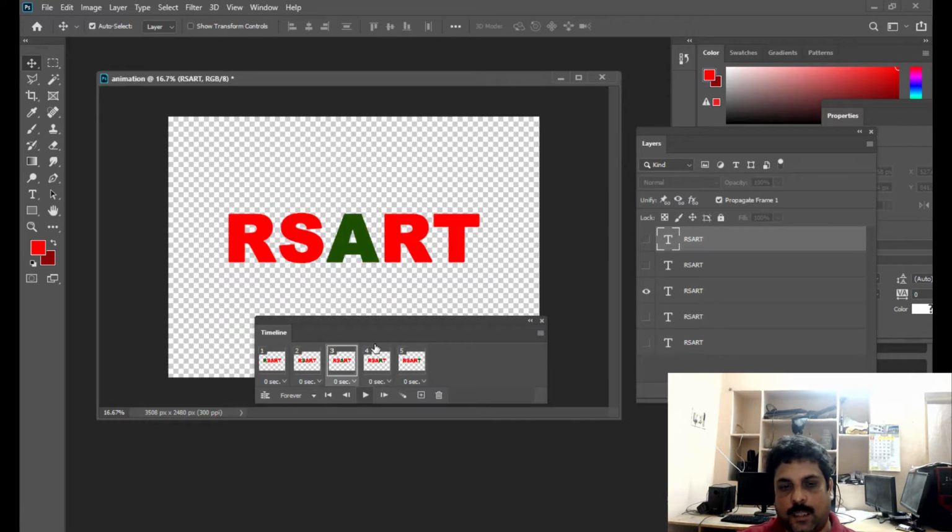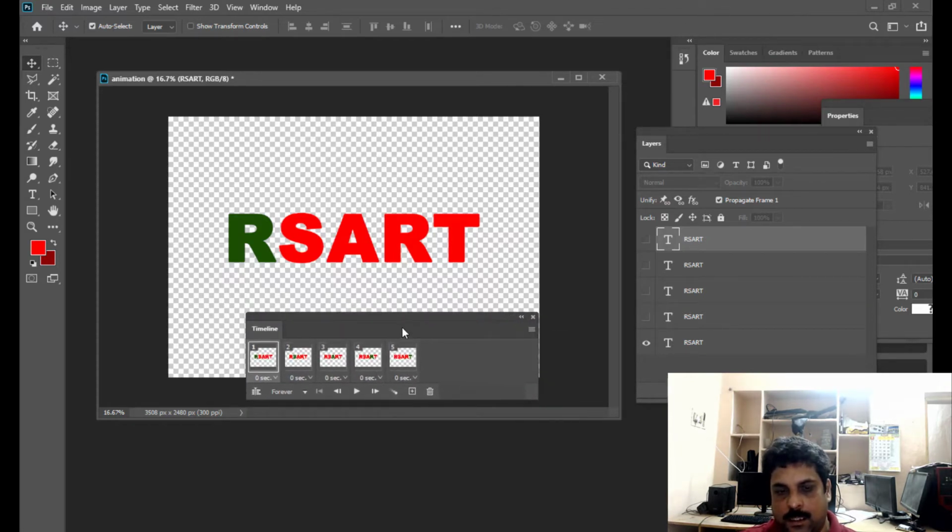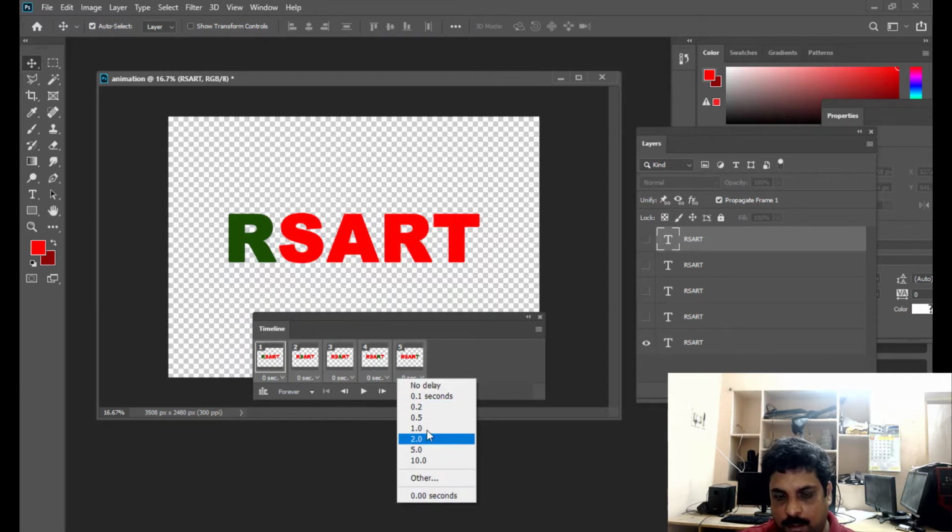And another thing is, we can also see the seconds. Right now the animation is playing at 0 seconds. If you want to slow down the animation, you have to select the first frame, then hold Shift and select the last frame, and then click on this 0 seconds option, and you will see a list of options here.